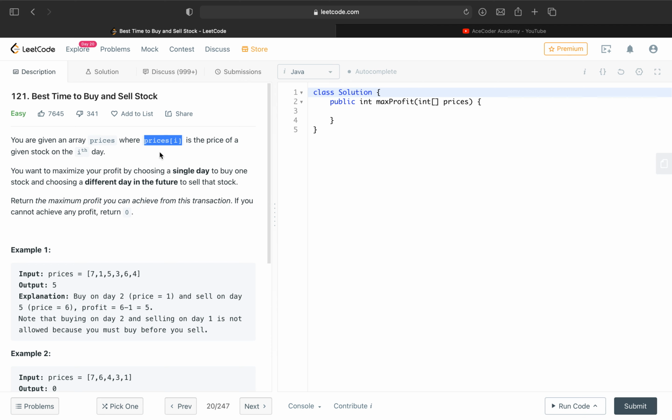So it is clear, and then we are required to choose 2 days, basically one day to buy a stock and the other day to sell the stock. And obviously we have the condition that we have to sell the stock in the future only. So with these things we have to find the maximum profit that is achievable,